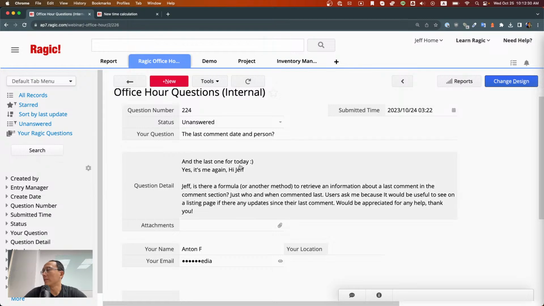Okay, next question. Is there a formula or another method to retrieve information about the last comment in the comment section? Just who and when commented last. Users ask me because it would be useful to see on a listing page if there's any update since their last comment. We appreciate any help. Thank you. And we currently don't have that information with formulas, but